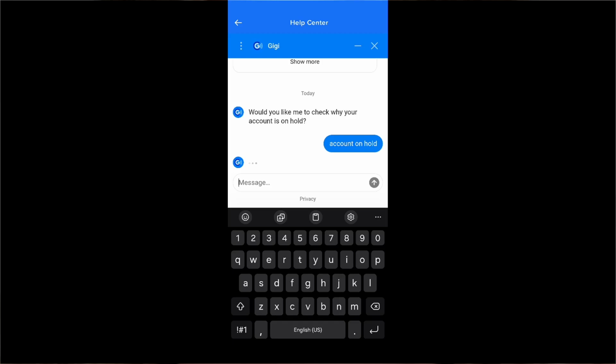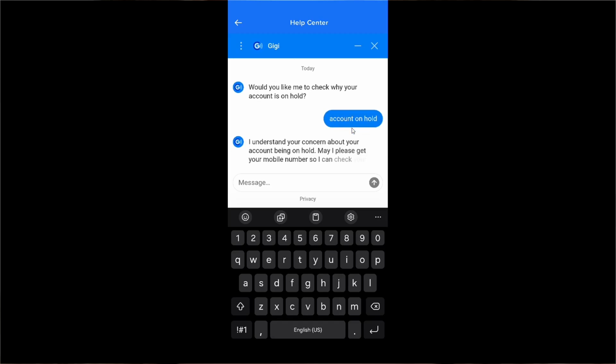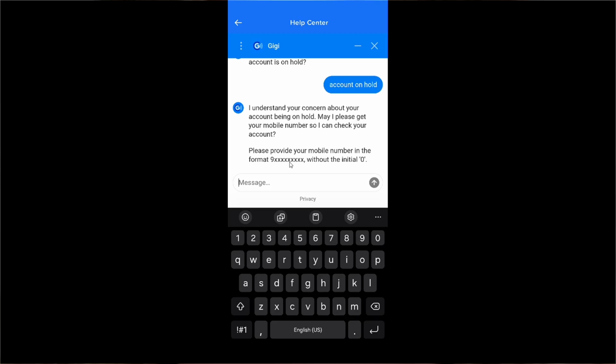Submit required documents and then wait for verification. Gcash needs to verify your documents to ensure your account is secure and compliant. This step is crucial because it helps protect both your account and the Gcash community from fraudulent activities.